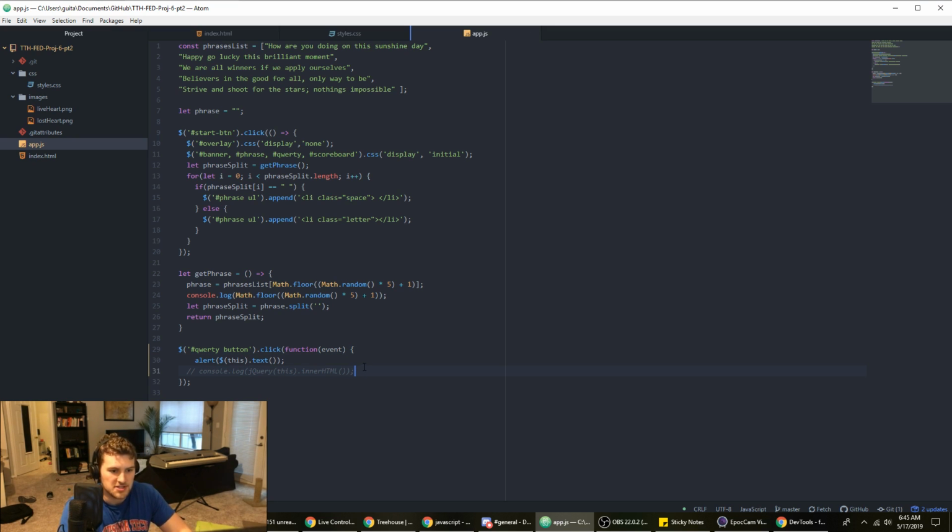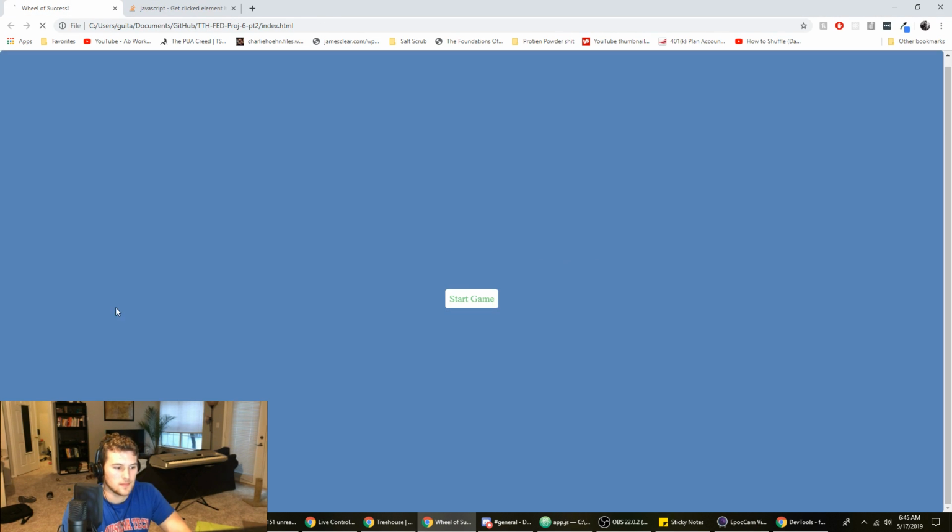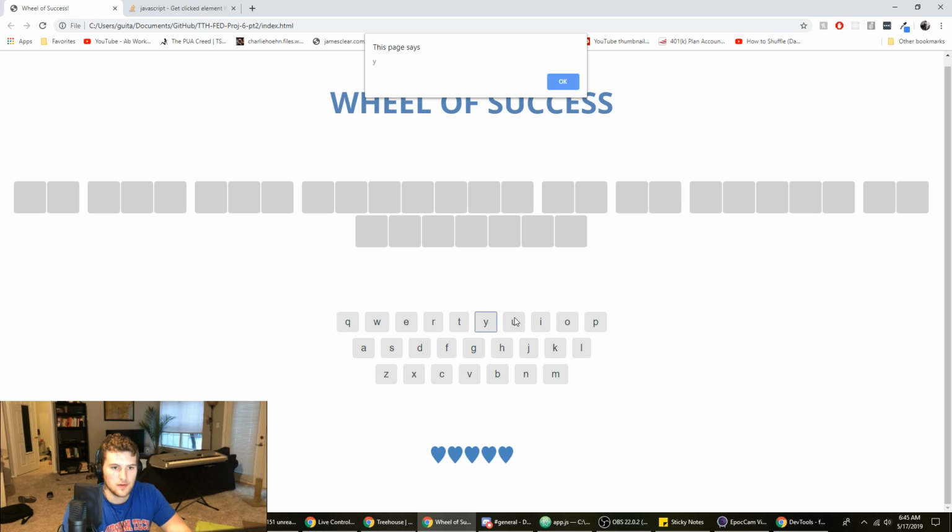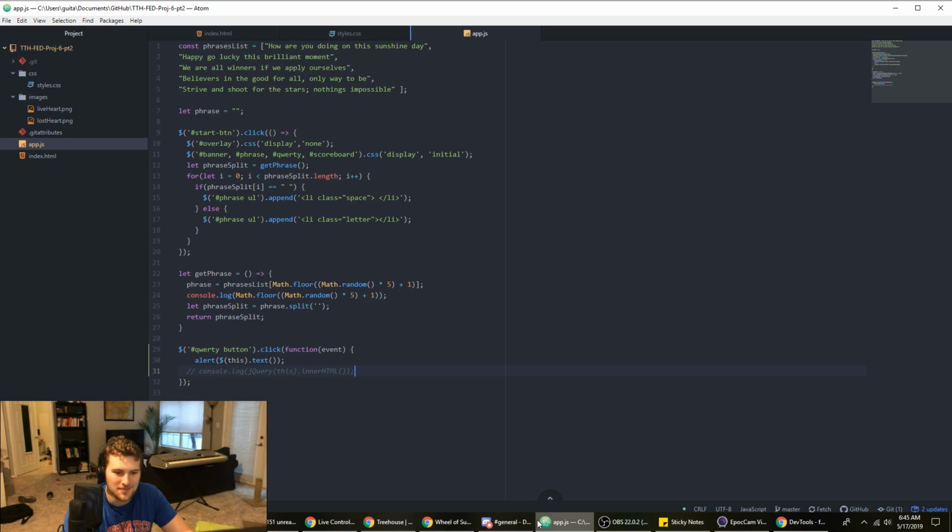We'll comment that out for a sec. Hey, that works. Why does that work? How is that different from what I'm doing right here? Okay, so he's using the $, which is the same thing as jQuery. This dot, I used text, right? That was the first thing I tried. Is my arrow, is it the arrow function? Maybe it's because I didn't have event in the parameter slot there.